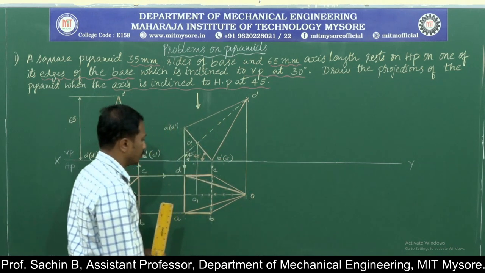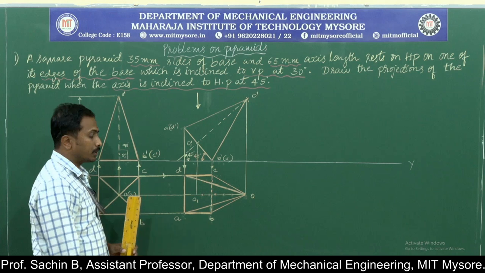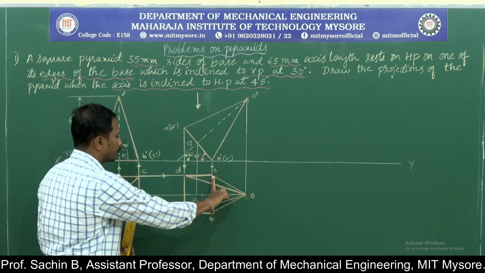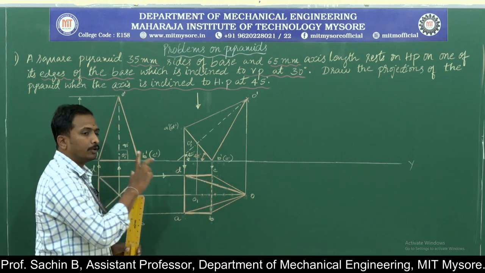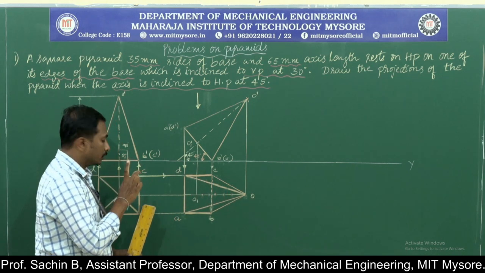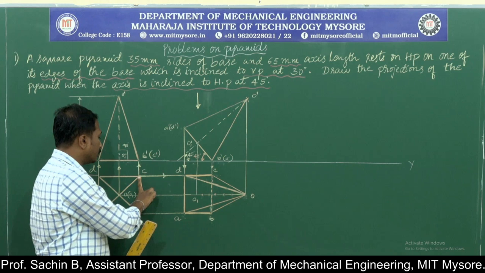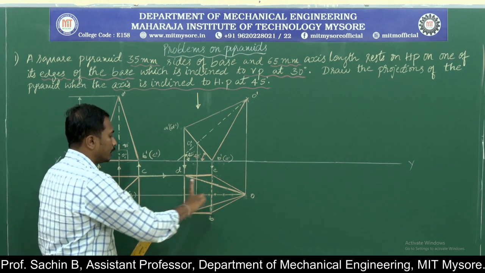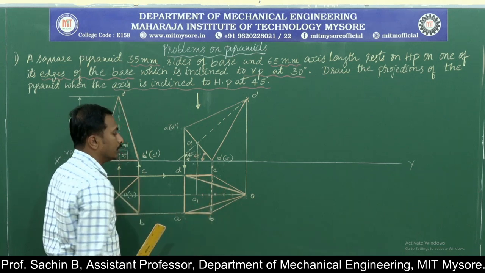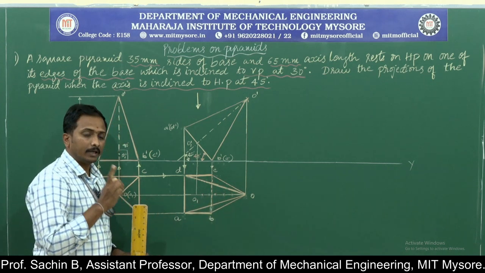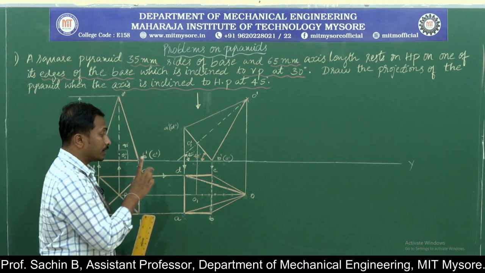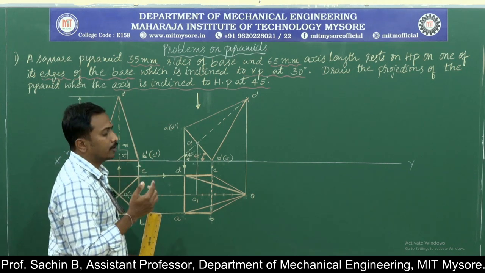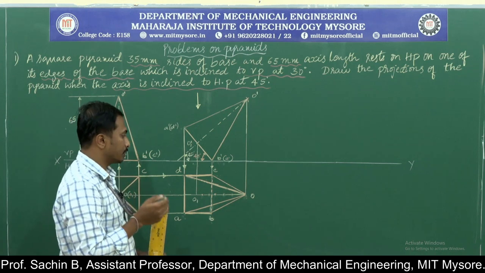constructing the last position. But before constructing the last position, we should check whether the base edge or the resting edge length is going to remain the same or not. In the first position, the resting edge BC length will be 35 millimeter. Again, if I come to the second position, the resting edge length will again be 35 millimeter. If the resting edge or the axis length gets changed, next we'll go for finding out the beta angle. That is very much essential.